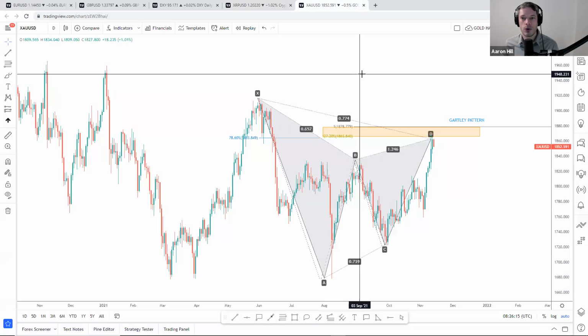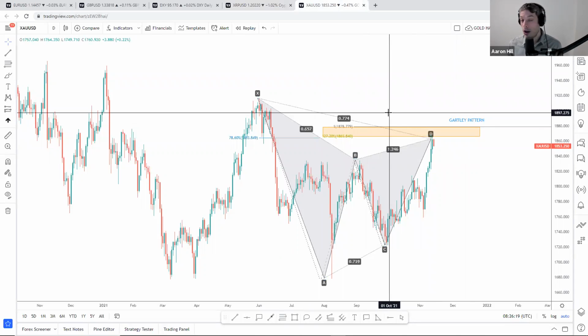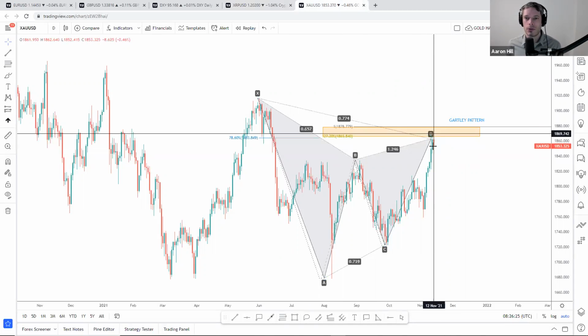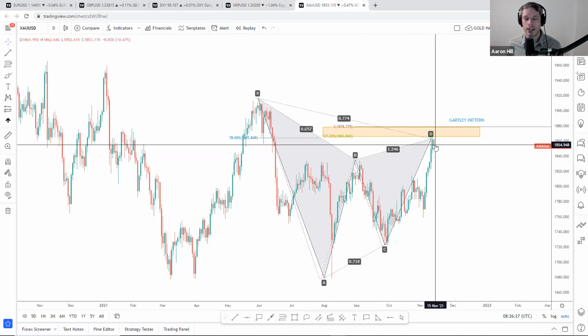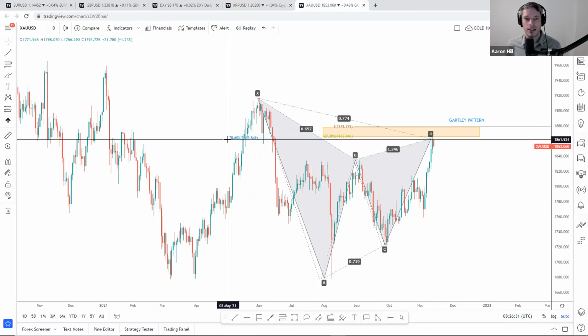And finally, on to gold, another harmonic pattern. We have the Gartley pattern. This was highlighted in my previous webinar on harmonics. And as you can see, the Gartley pattern is starting to show some signs of bearish weakness. The Gartley pattern is made up of the defining element, 78.6%, and that comes in around